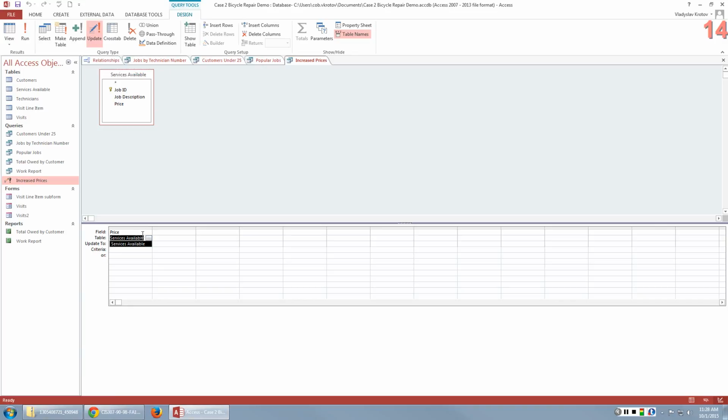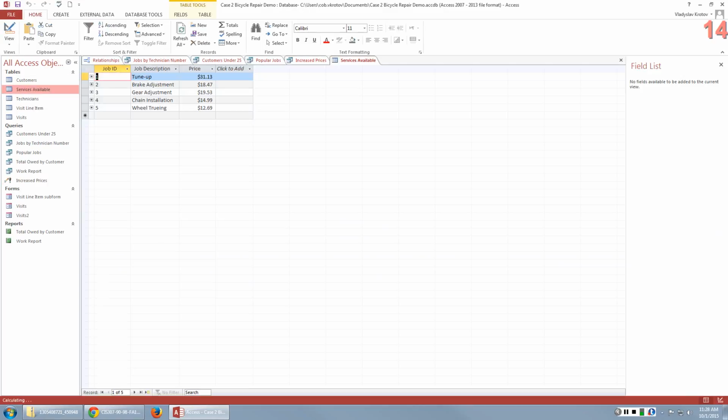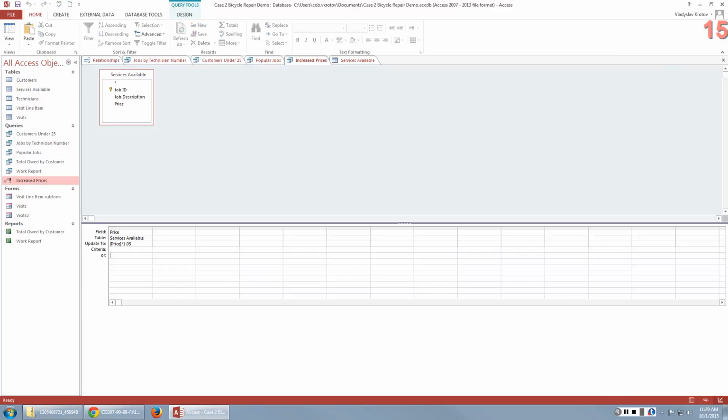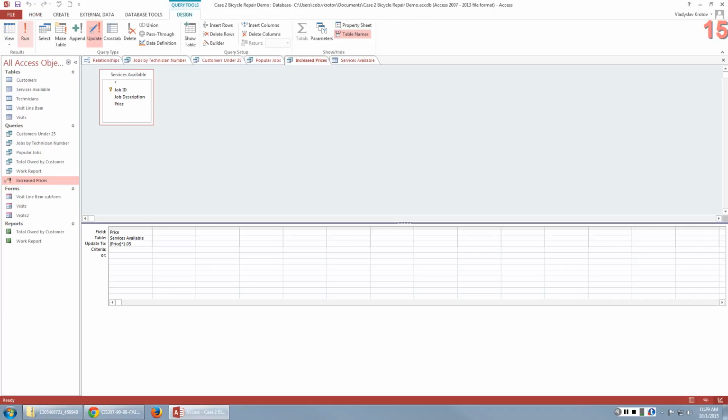You're just saying that you want to update the field price in the services available table right here, and you increase it by 5%, and by putting price in square brackets, you indicate that this is this attribute, this particular attribute. That's what you're updating, and you increase it by 5%. So if you go to this query, this is how it will look like, and if you click run, you will see that